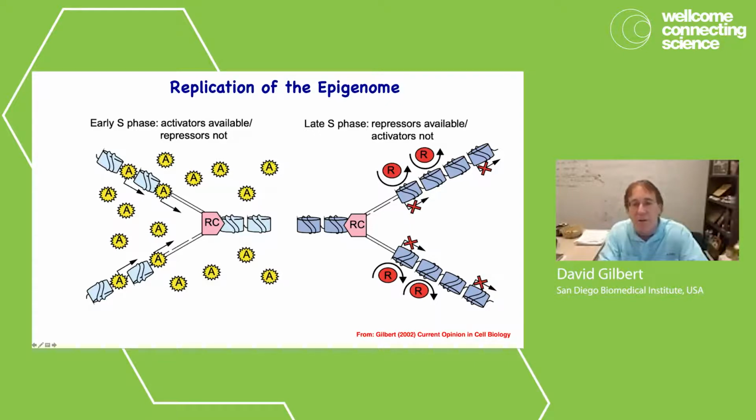But my point here is that it's not just DNA that replicates, it's the entire structure of the chromosome that duplicates. And we now know that different types of chromatin are assembled at different times during S phase. So my argument is that it would seem kind of crazy to think that Mother Nature would squander this incredible opportunity to either maintain or alter epigenetic states. The problem, of course, has been that we haven't understood how replication is regulated, so we haven't been able to manipulate it to test this hypothesis. And today I'm going to show you that those obstacles are starting to break down.